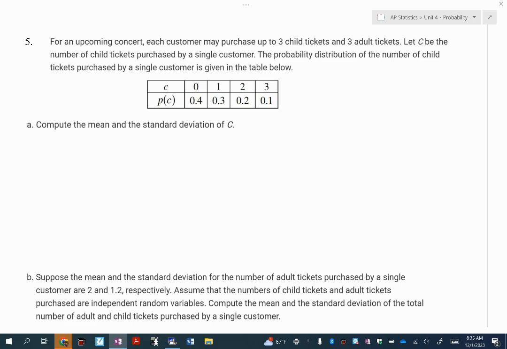Here's the downside of that, Eduardo. This is not a binomial situation, or at least not yet. It could become one. But to be binomial, it has to be a Bernoulli trial, and one of the components of a Bernoulli trial is only two options, success and failure. So if it had said bringing 0 kids or bringing kids, then you could start to think this was Bernoulli. But this says you could purchase no child ticket, 1, 2, or even 3 tickets for a child. So the idea here is it cannot be binomial.